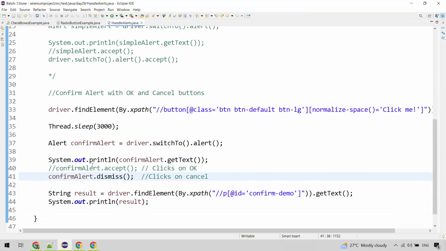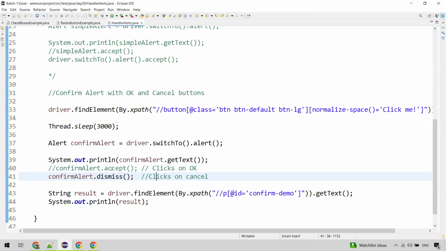So this is the same. Whenever you have a confirm alert, you have two buttons, whatever the label could be. It could be yes or no in some cases, true or false. So it will always be two buttons in the confirm alert, right? So agree or disagree. All these are the possible values in the confirm alert. In this case, we have seen OK and cancel. But in any case, if you see two buttons with OK cancel, yes no, agree disagree,